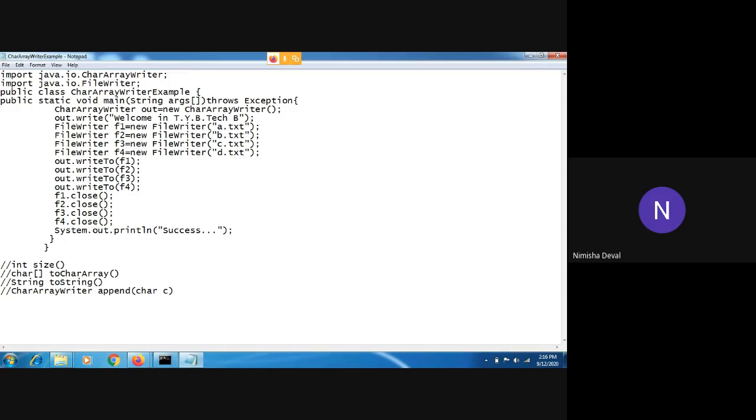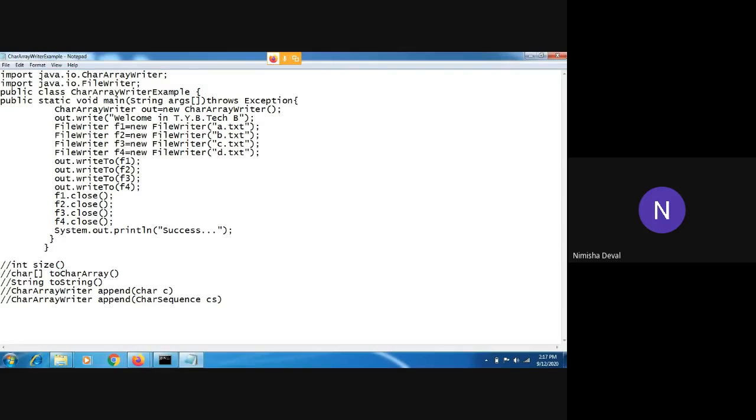This will be used to append the specified character to the writer class. One more append method is there. It will take the character sequence, suppose CS. It is used to append the specified character sequence to the writer class.